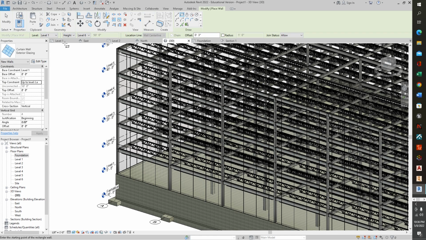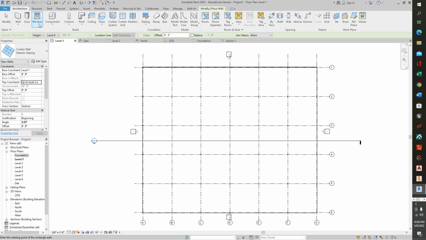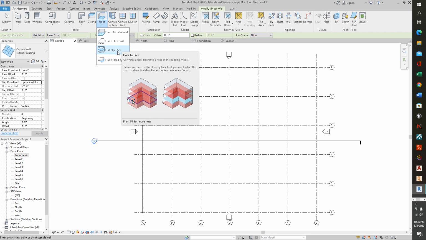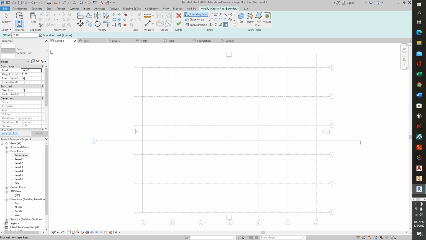We'll throw a floor into level 1. And we can do that under architectural. Go over on the ribbon until it says floor. And we'll use a floor architectural as well. There's lots of other options: floor structural, floor by face, so you could draw your own floor design as you see fit, floor by slab edge. Well, we'll do floor architectural, and we're going to select